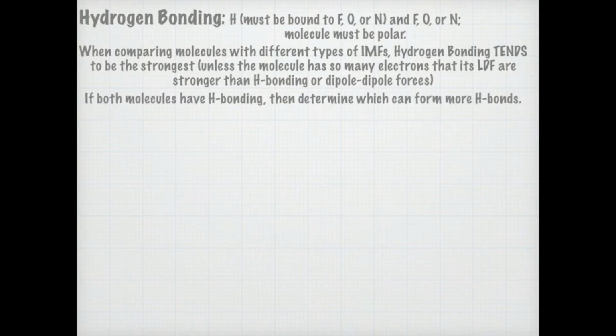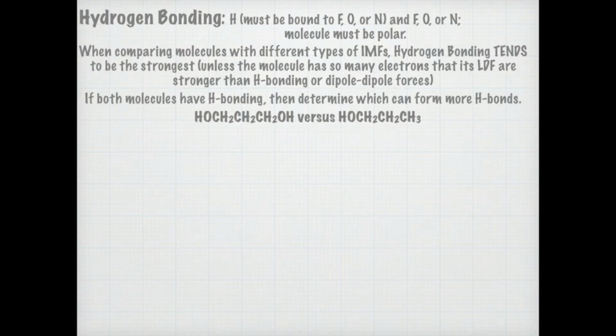Okay, now, what happens if both of the molecules you're comparing have hydrogen bonding? Well, in that case, you look at the molecules and decide, okay, which one can form more hydrogen bonds? So for example, if I gave you these two molecules here, notice that the first molecule has an OH in the beginning and an OH at the end, while the second one only has an OH at the beginning, which means that the first molecule can form more hydrogen bonds than the second,